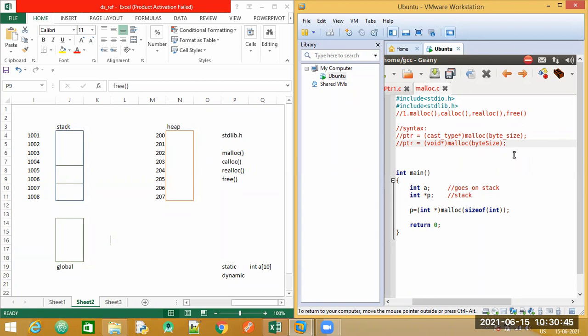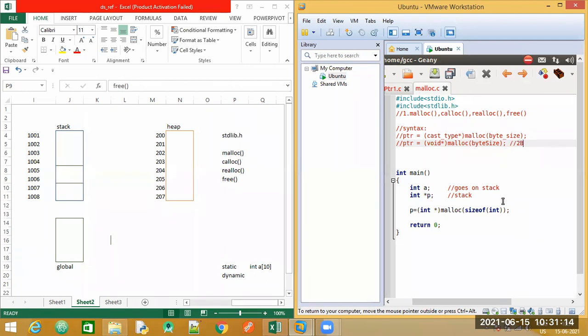But how many bytes of memory blocks do you require from the heap section? If we are talking about integer, and just a single block of int, you know that int will take up to 2 bytes. So the byte size allocated for a single block of integer will be around 2 bytes. You can specify that size based on your declaration.